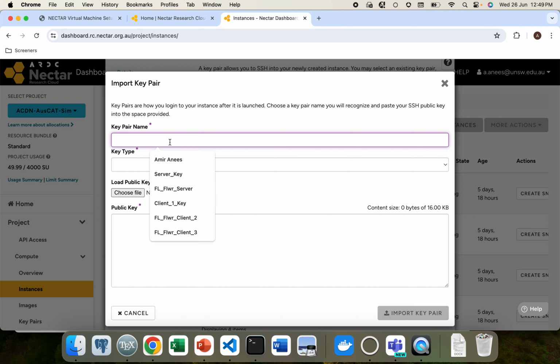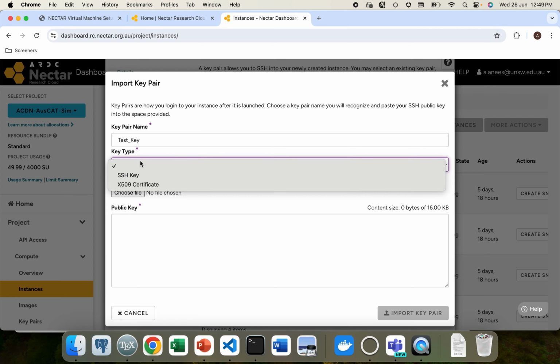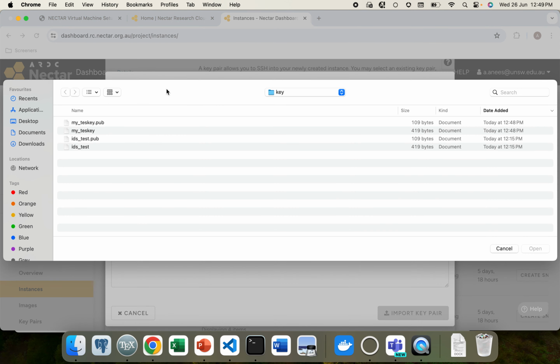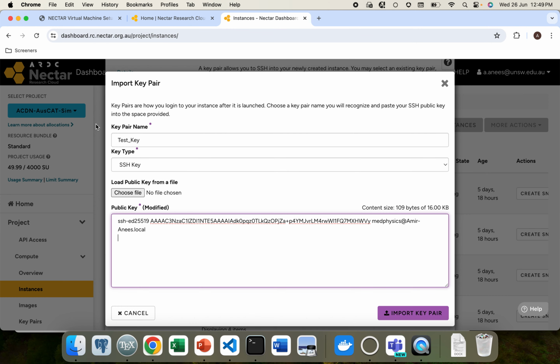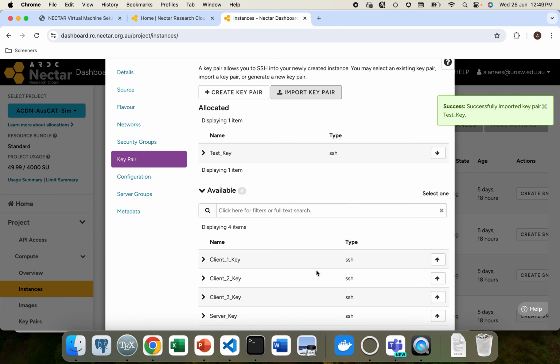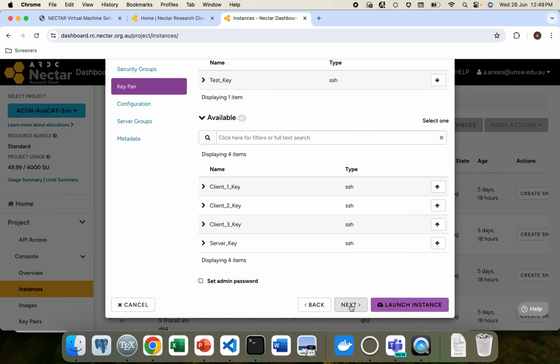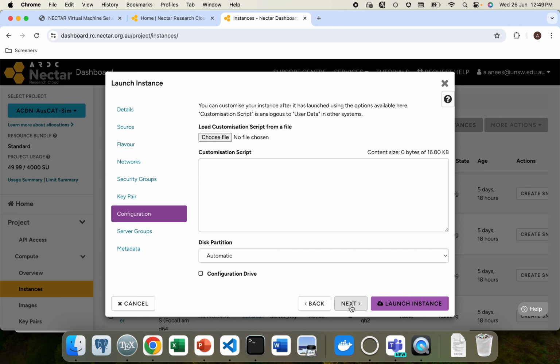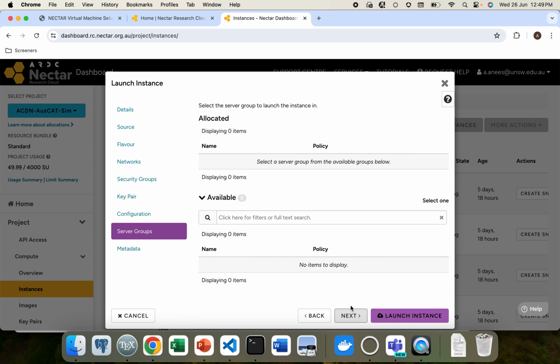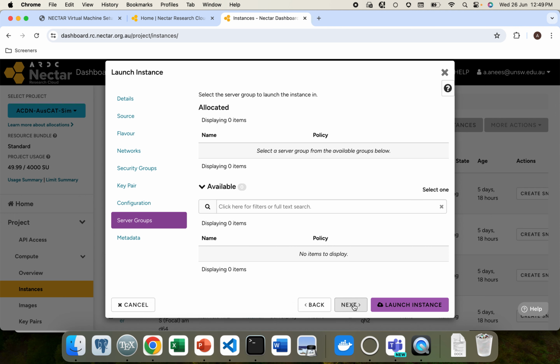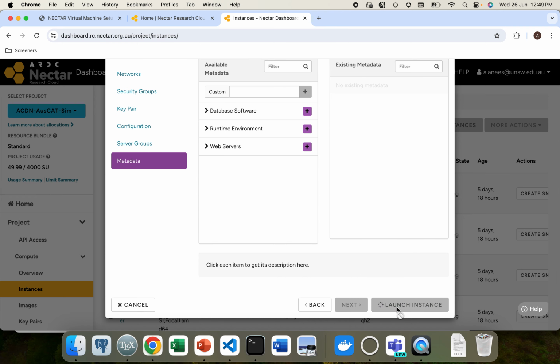So first of all, we need to specify the name of this key pair. Let's call it test key, and the key type should be SSH, and for that we are going to load the public version of that key. Import key pair, and that's pretty much it. Press next, keep these things as they are, and that should launch